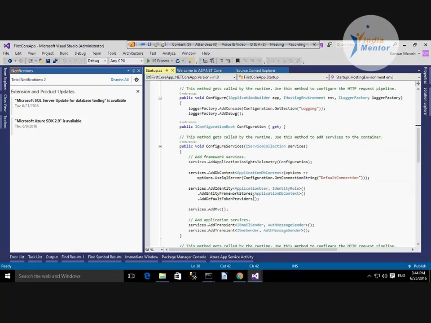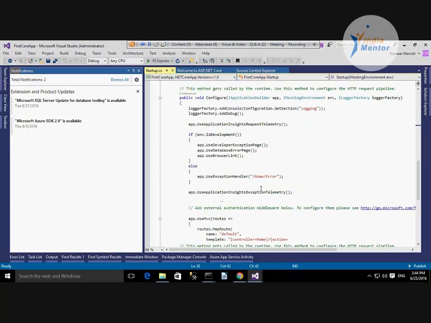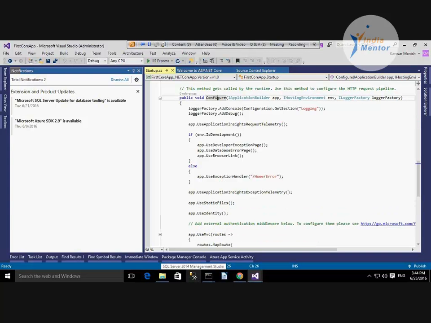So your Configure is the method which in a way serves all the content to your user. In short, this is your way to build up a pipeline for handling your HTTP traffic. If somebody is asking for a page, this is the place where you would know how to serve it.